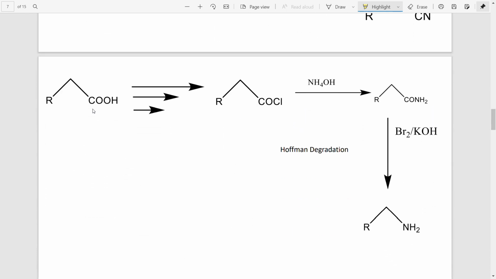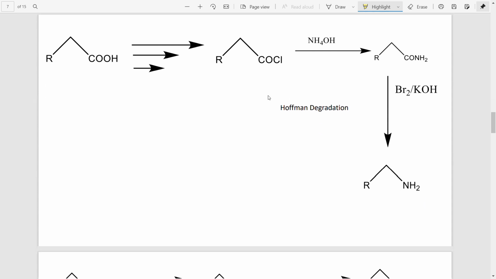Now let's see conversion of acid to amine, primary amine with one carbon less. For these kinds of conversion, we have to take help of Hofmann degradation or Borodin-Hunsdiecker reaction, where we need to reduce one carbon. First, in similar type, carbonyl chloride is prepared by chlorinating acid. After that, ammonium hydroxide is used, amide is formed. After that, Hofmann degradation with bromine KOH directly will produce amine with one carbon less. Here, KOH is generally used, but you can also use sodium hydroxide, and this will yield good.